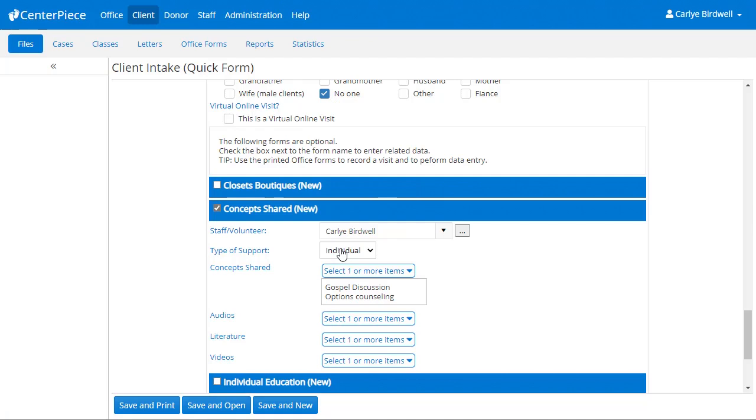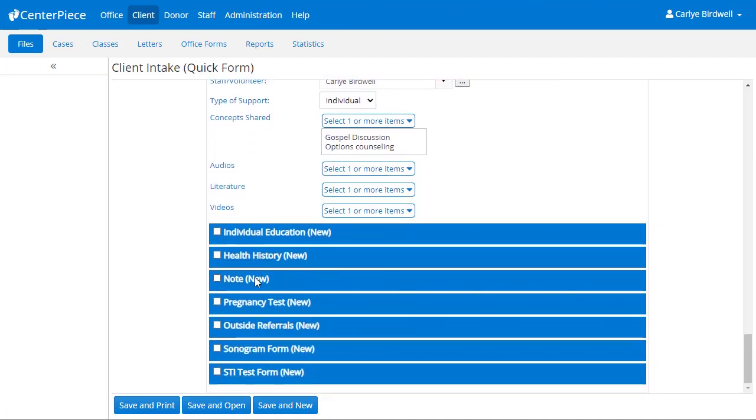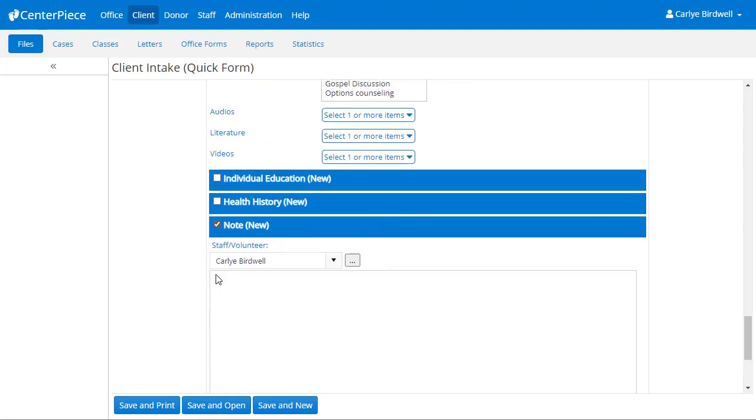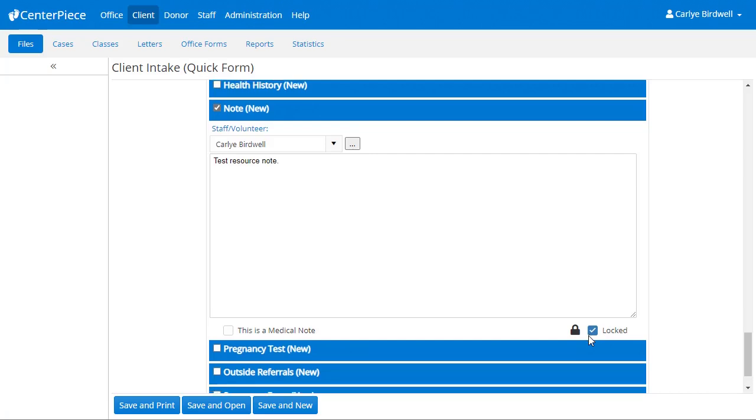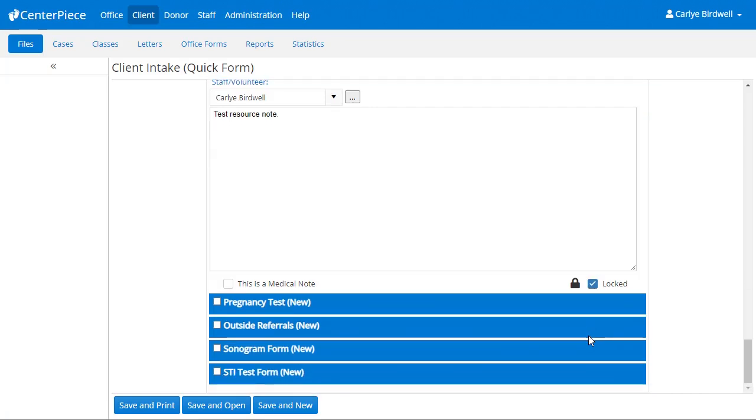Next, let's say that I have some notes about our visit. To record these notes, I simply need to click here on the Note ribbon. The form will open and I can type in my visit notes. Now, this isn't a medical note, so I won't check here. And notice that I can choose to lock the note if I want. If I lock the note, no one except me will be able to edit or delete it. I'll go ahead and lock it,